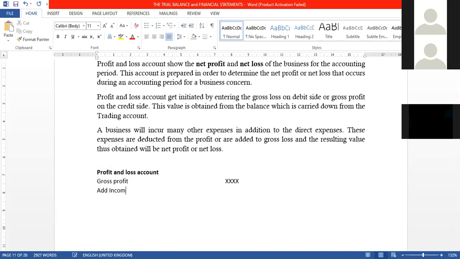incomes to the business. We add incomes to the business, and those incomes may take many forms, right? We may talk about rent received, if you have rented out a building and they have paid you rent. We may talk about dividends received, right? We may talk about interest and commissions that we have received, right? Any amount of money that we have earned as a business is added to the gross profit